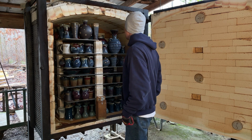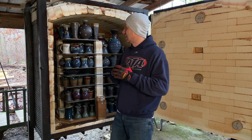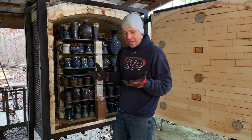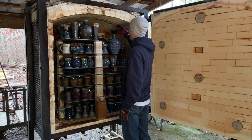Let's see. They're definitely not hot because I finished firing this. I fired it overnight Saturday night, and it was cool enough yesterday, but I had some things to do, so I couldn't unload it then. So I'm just wearing the gloves because it's stinking cold right now. So all right,